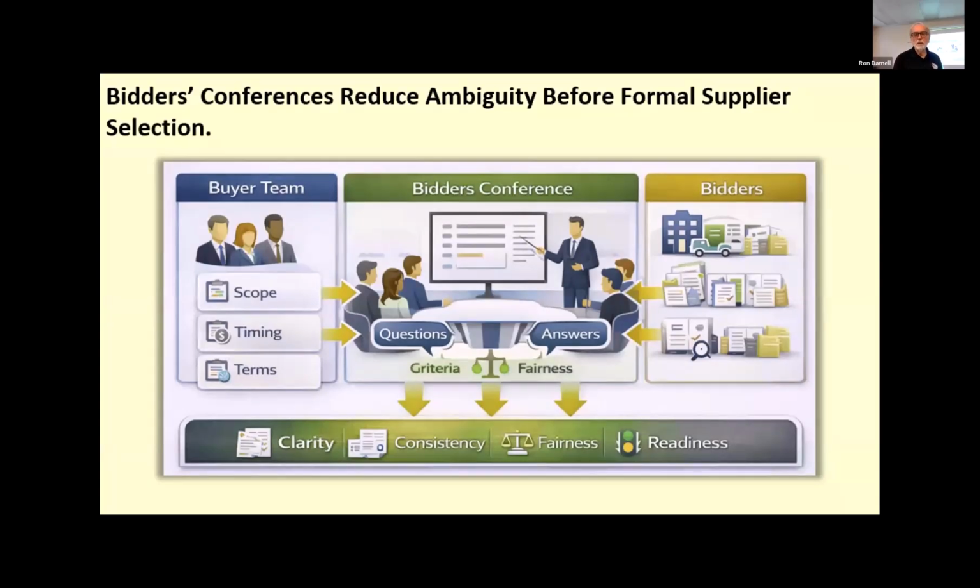They often reveal unclear specifications, unrealistic assumptions, missing details, or conflicting expectations early enough to correct them. So when questions and answers are documented and shared with all bidders, the process becomes more consistent and defensible. And that improves the quality of the responses, and that helps the team move into the evaluation and selection with